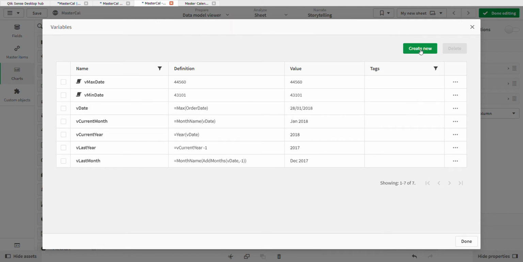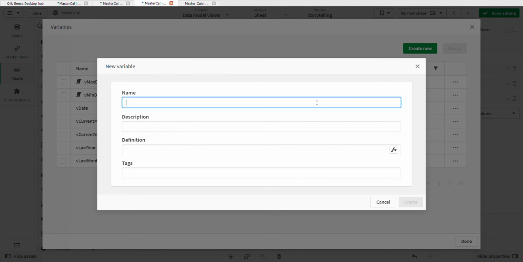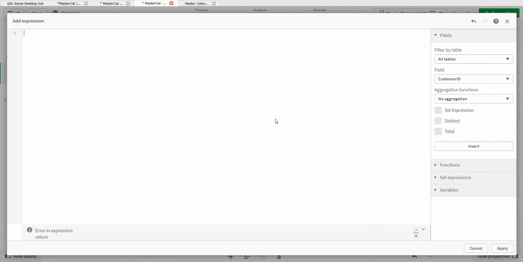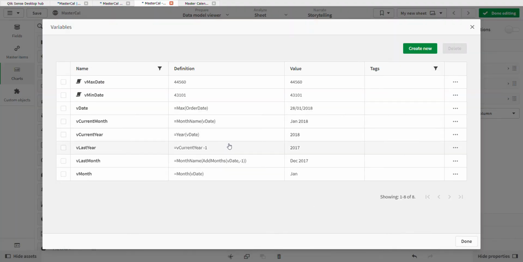And if you have to make these kind of variables where you have to compare last month with August of 2018 with the August of 2017, I suggest you create a v month variable where you have month, not name, just month of v date, and you can use that in conjunction with the current year and the last year. Okay. So, and these you see one, two, three, four, five, six functions, and there are two